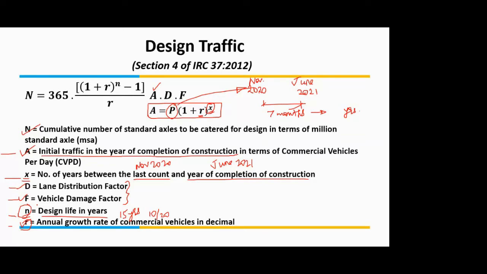I will give you the values of A, D, F, N, X, whatever it is, and then you will just input it in your formula. A bit of variation might be there, and then you will get a design traffic. But actually on field, you have to perform surveys for each kind or each value, and then you have to